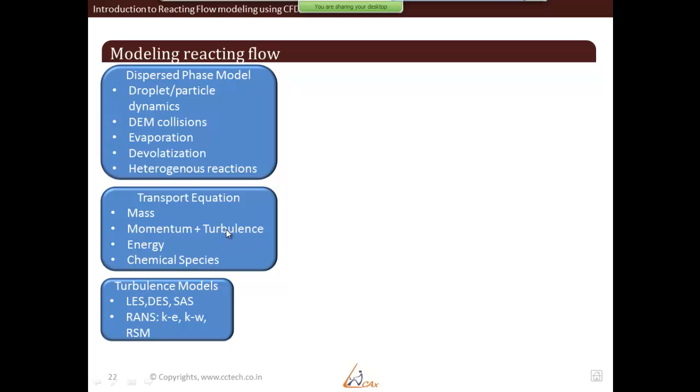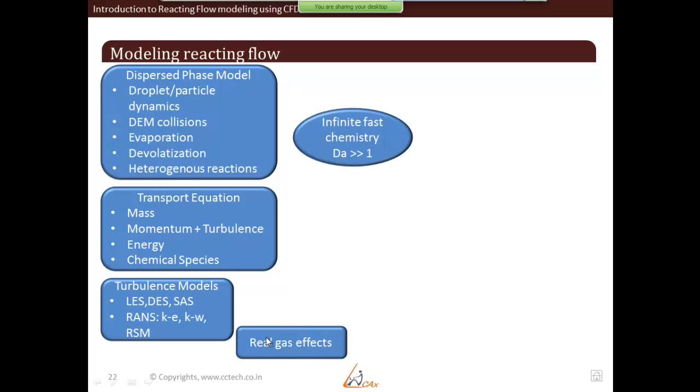To cater for turbulence, we also have to solve turbulent flow models. There are also real gas effects that need to be incorporated to take care of property variation. All these things coupled together give us the coupling between fluid flow and chemical reactions,